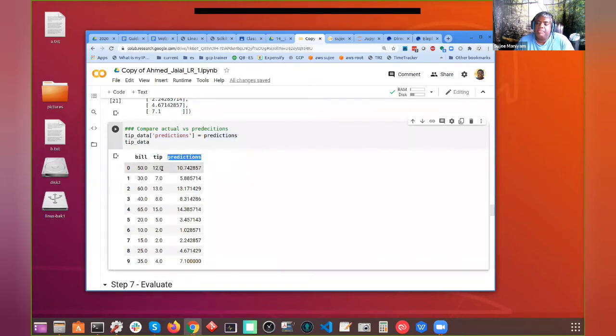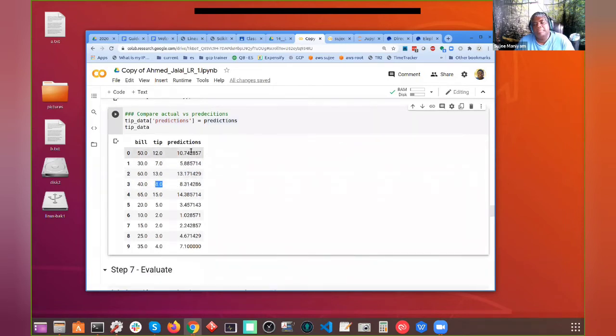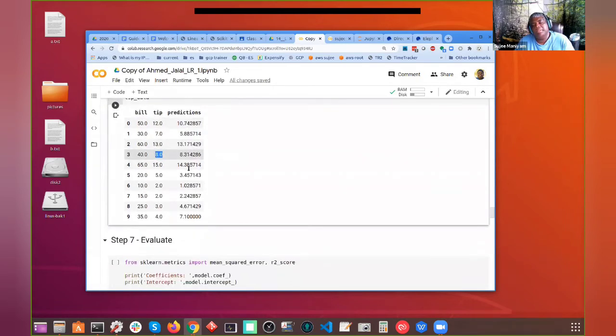You can sort of see the numbers, right? Actual is 12. I predicted 10.7. Here I'm a little close, 13, 13, which is close, 8, 8. So you can see predictions are kind of getting close. But here I'm sort of visually inspecting the data, but usually what we want